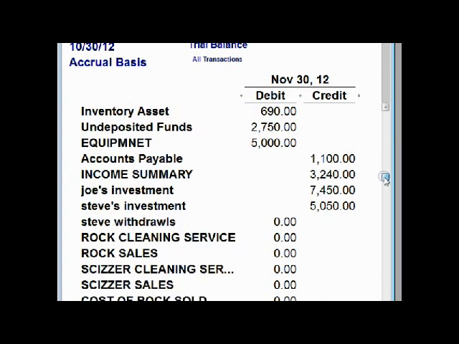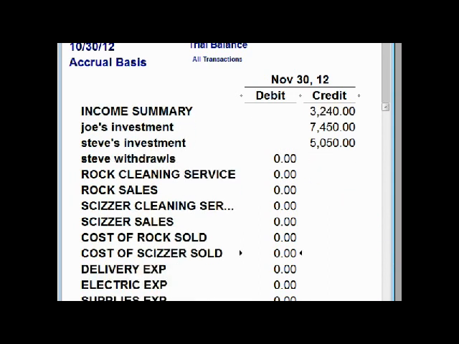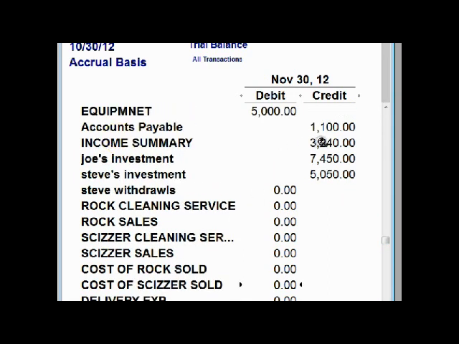It worked. Notice, okay, all of the sales and cost of goods sold accounts have become 0, and income summary is showing the profit. The total profit from both products is in income summary, waiting to be distributed to the equity investment capital accounts of the two partners, exactly as it was demonstrated in previous